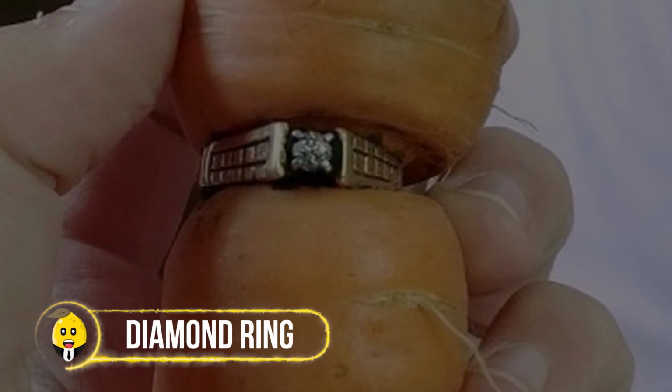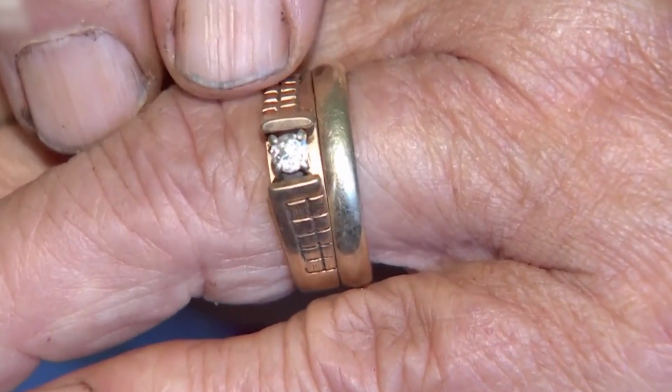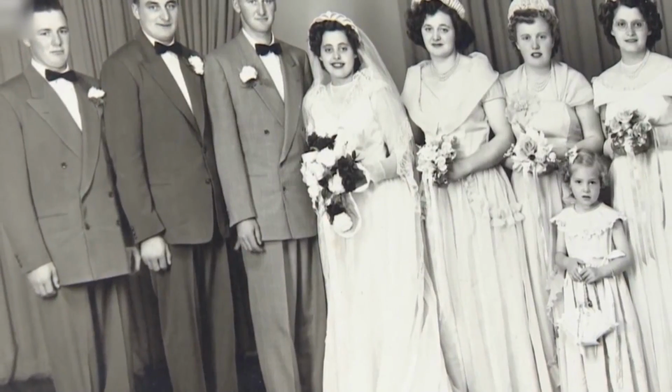Diamond ring. Assuming that she has lost it and even replacing it with a cheaper but resembling one to keep the loss a secret, the woman was left stunned when her diamond ring, which she had lost a decade ago, was recovered